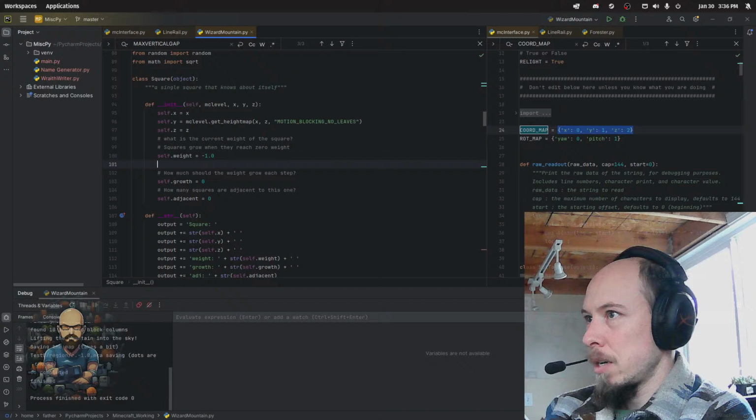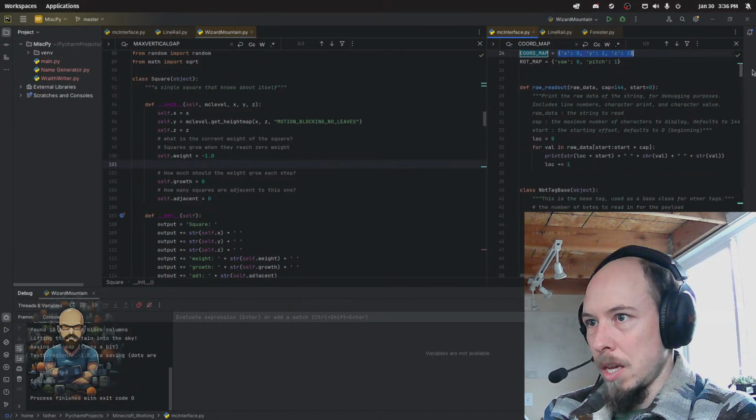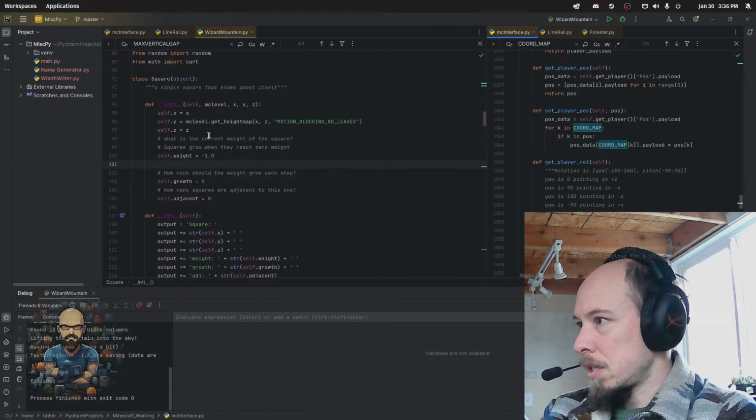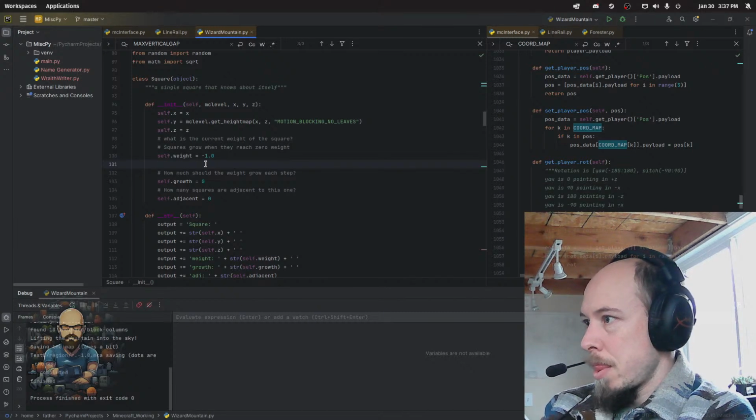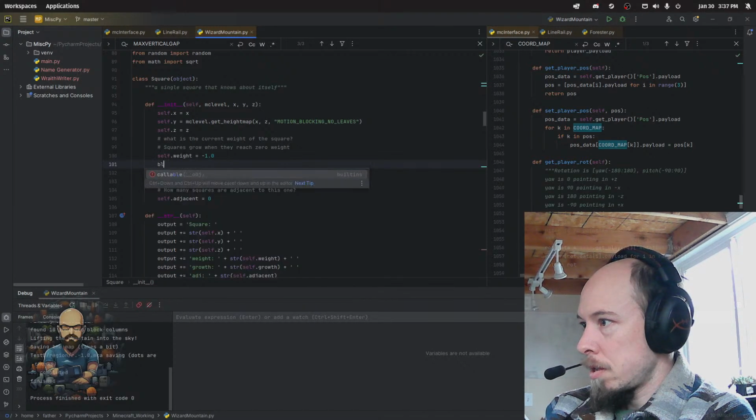When we add a square, we're going to check to see if the block is of a type that is in the list. MC level get height map X Z. Block type